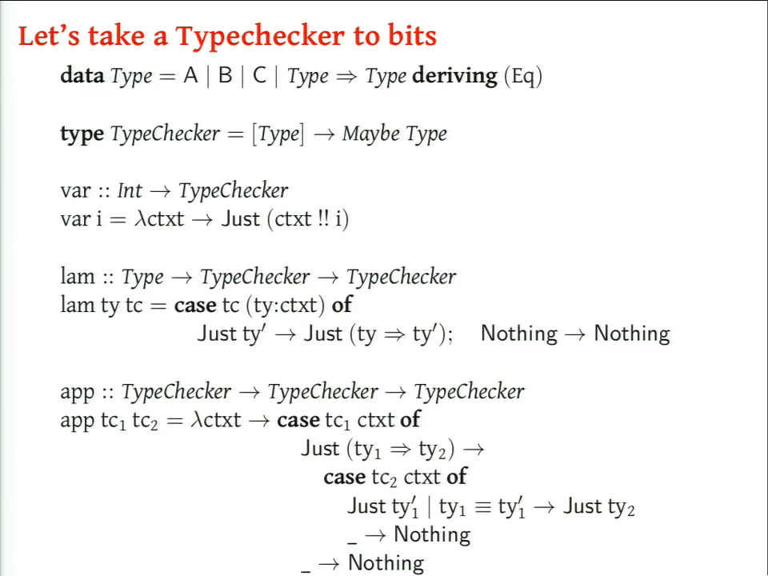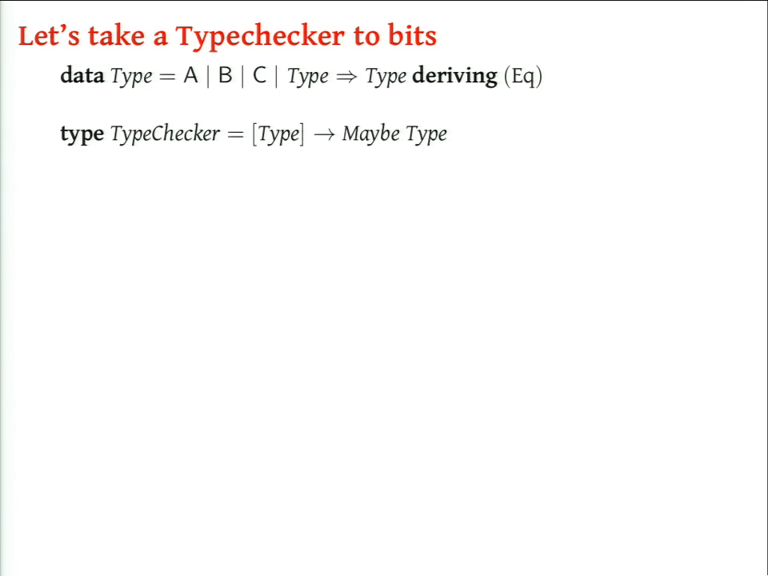And application, again, takes two type checkers representing the result of type checking the two subterms, and it just passes the context through, checks the function type, checks that the type of the argument matches the argument position of the function type, and returns the result. So now we can go back to having terms,